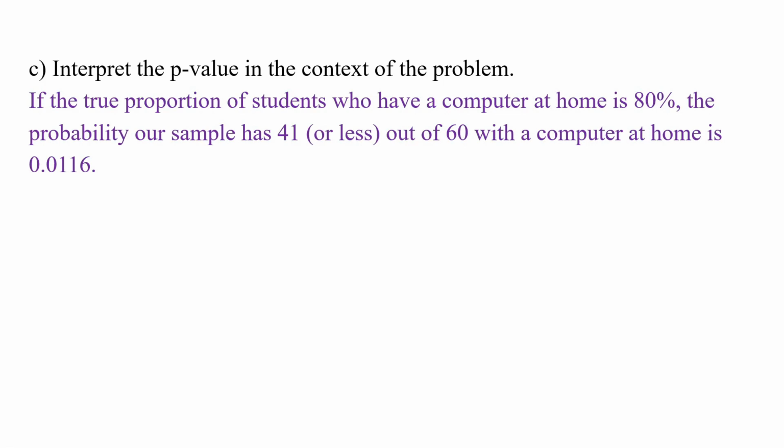We say if the true proportion of students who have a computer at home is 80%, so if our null is true, right? And that's the context with it. If our null is true, the probability our sample has 41 or less out of 60 with a computer at home is 0.0116. So the interpretation of our p-value is if our null is true,